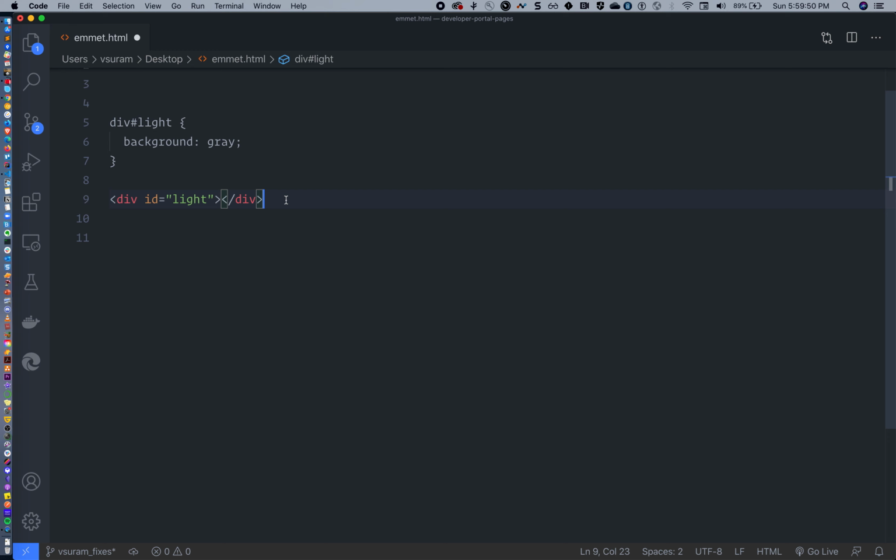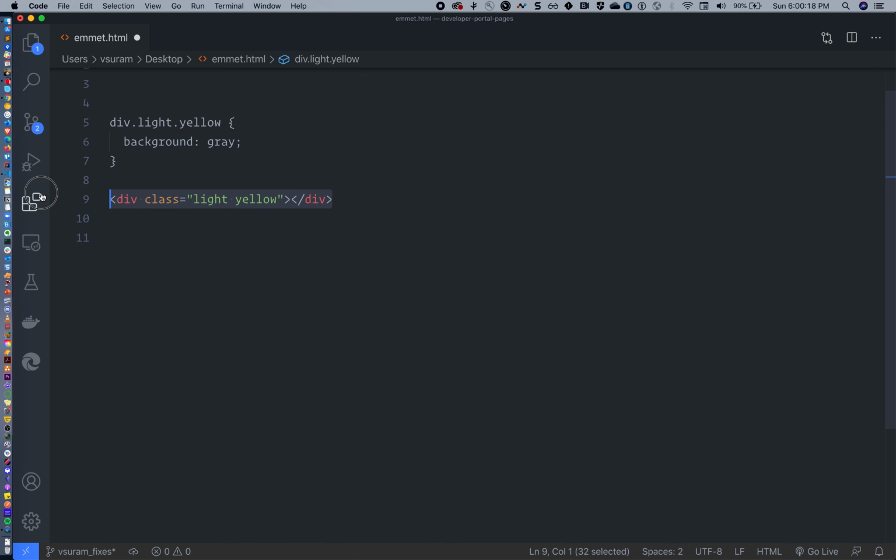And what if I want to do something like div dot light dot yellow? What I do is div dot light dot yellow, just hit tab. So you see multiple classes getting populated here. This is how you think about CSS and just put it into HTML.